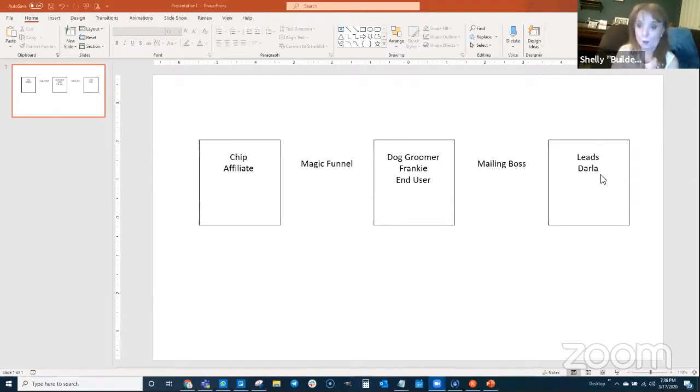And once they generate leads, those leads are only in Frankie's list. They're not a Builderall member. They're not going to be a Builderall member. They're just in an email list so that Frankie can build her list and then send out marketing to her list because she owns that list.